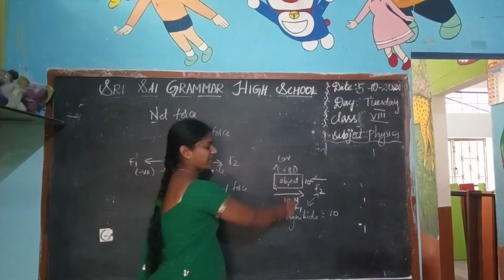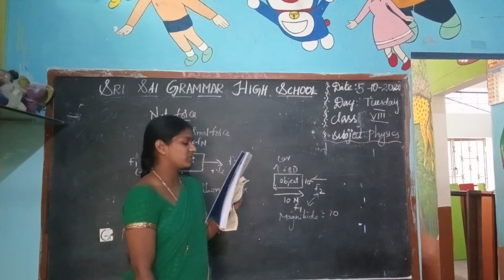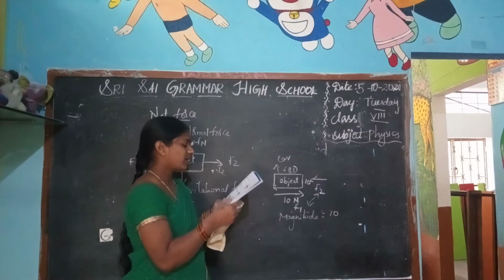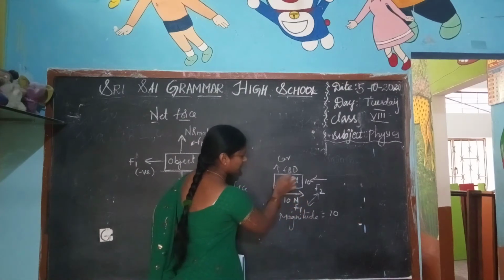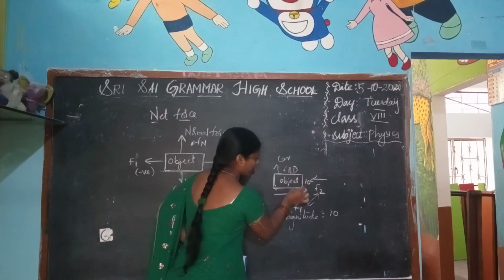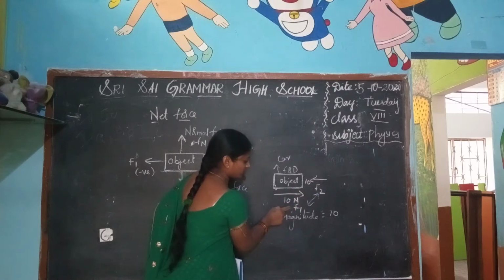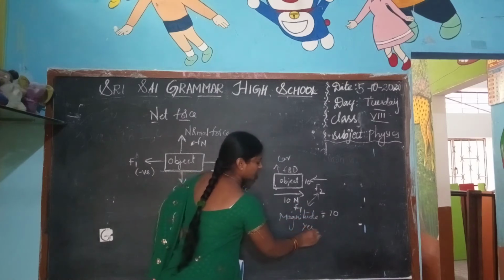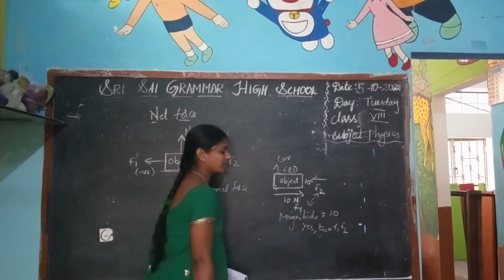How do we identify the direction of forces? Both forces are acting in opposite directions to each other. So the direction of force F1 is positive and F2 is negative. In this diagram of the car, we see a body acted on by two forces, F1 and F2, where the magnitude given for each is 10. How many forces? Two forces, F1 and F2. How much magnitude is given? 10.